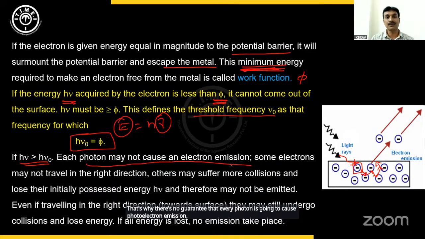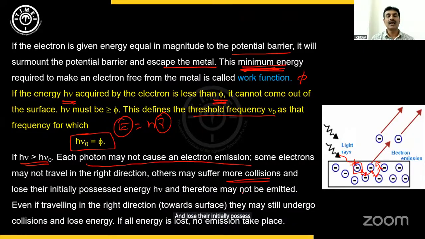It all depends upon the direction in which the electron is traveling, and what kind of interaction between this electron and photon is taking place, whether all its energy is transferred or none of its energy is transferred. It depends upon all these factors. Okay. So some electrons may not travel in the right direction. Others may suffer more collisions and lose their initially possessed energy hν, and therefore may not be emitted from the